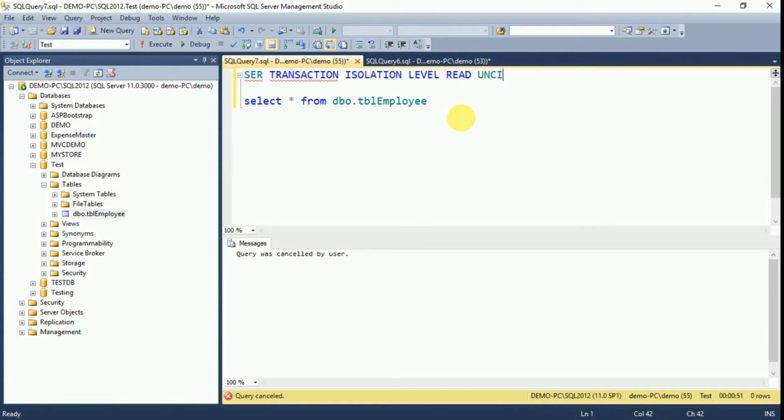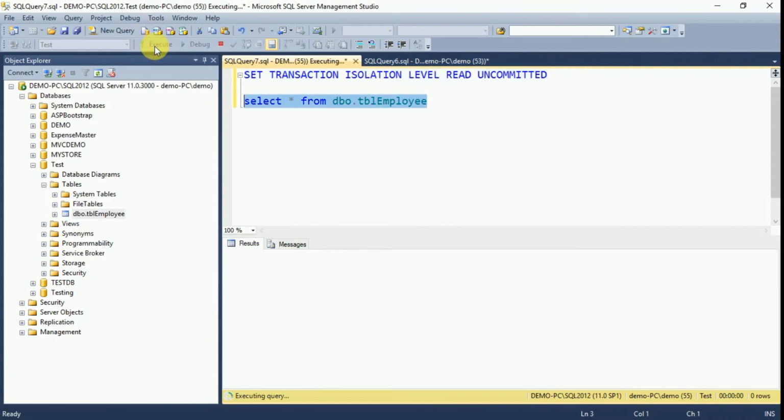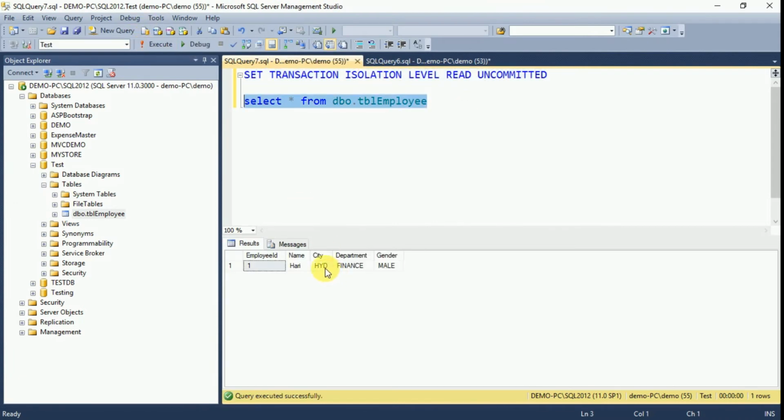I want to see the uncommitted data also, so here we have to set it. Now select this command, execute. Now try to run this select query. See, here we are able to access the data because this is not committed. That's why we have to execute this command, then only we can access the uncommitted data.